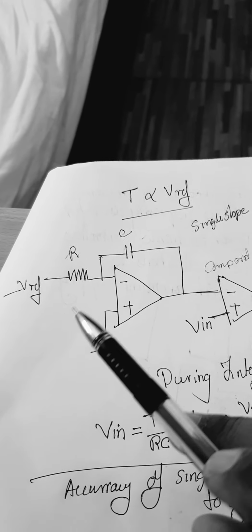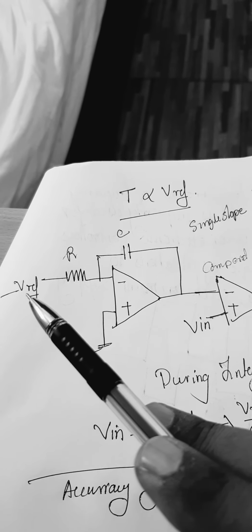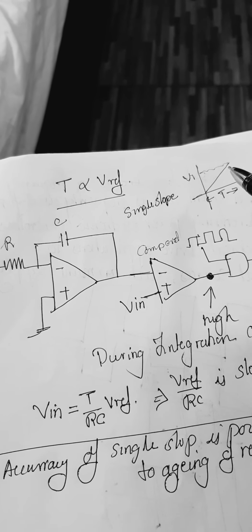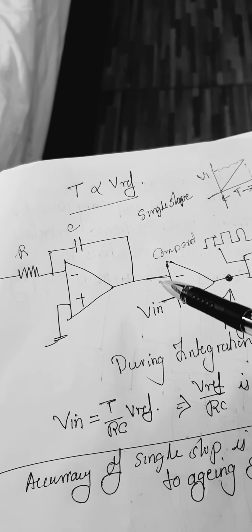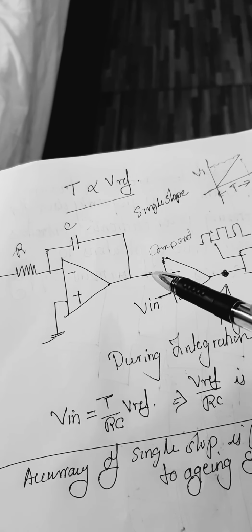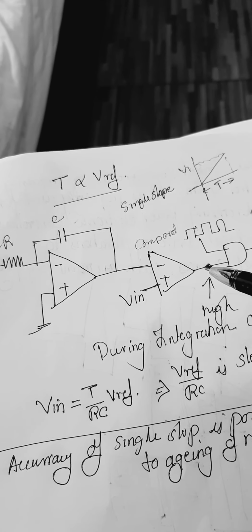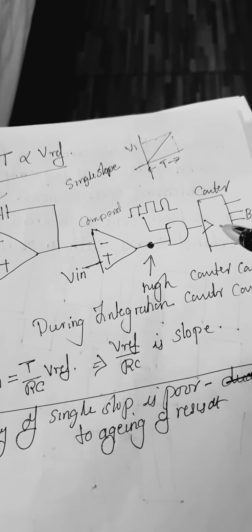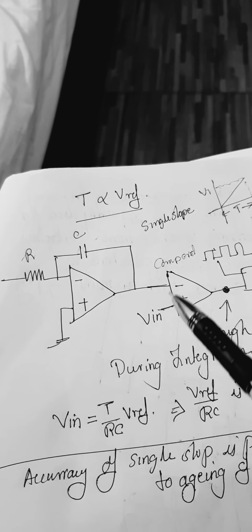So what happened here is, in the integrator you are applying a minus VREF, so you can see that the output is going from 0 in the positive direction. Okay, now every time it is compared. If the output of the integrator is less than Vn, the output of the comparator is high. So the clock pulse is given to the counter, and the counter counts as long as